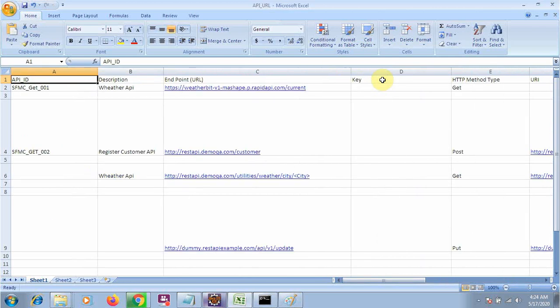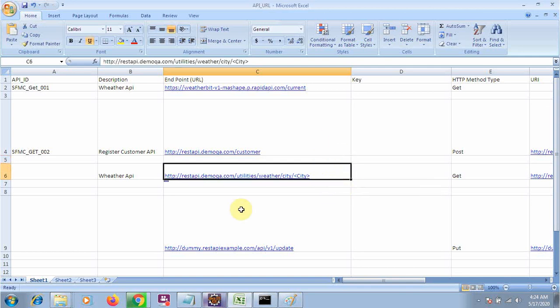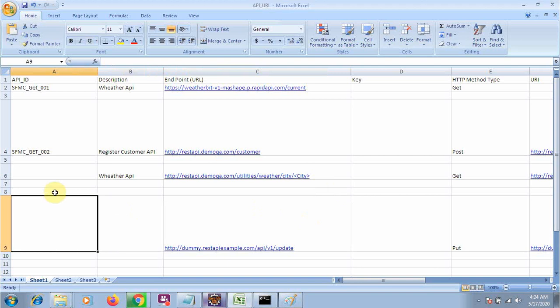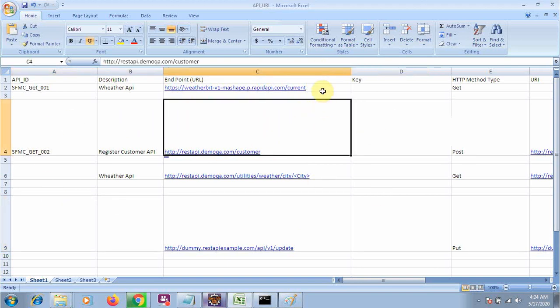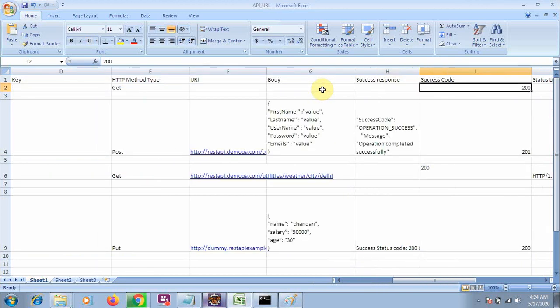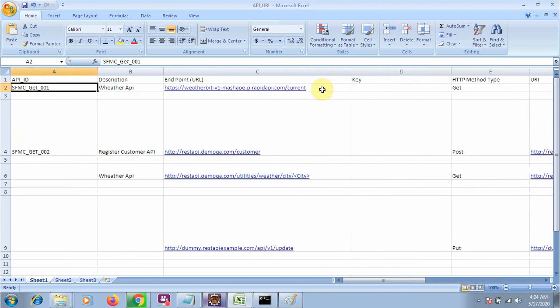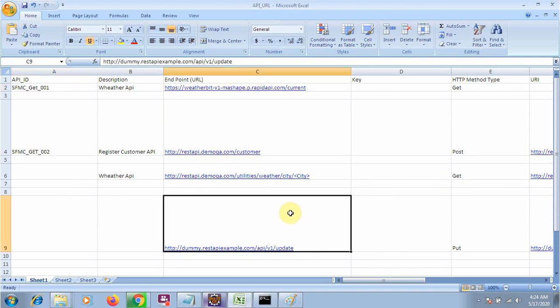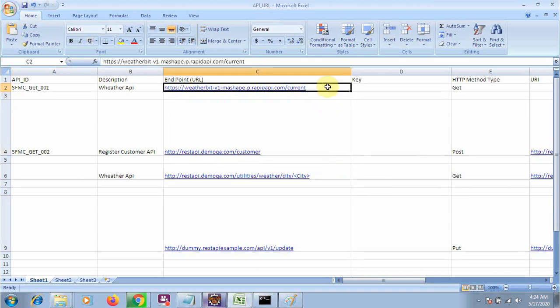Don't worry, all these things will be provided to you. When we are writing manual test cases, we used to get all the things from the FRS and SRS documents, the functional requirement specification document. It does not matter how you get them, but you will get all these things in a document or via email. You will get what your API is, your body type, your response message, and your response code. You just need to write the test case in such a format. So this will be the test case that you will be writing.